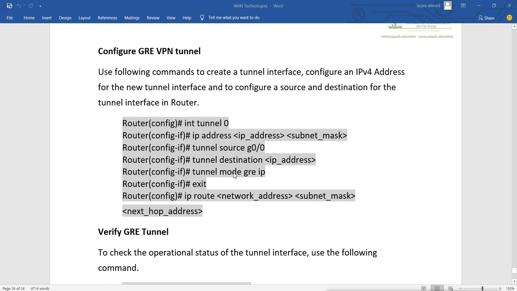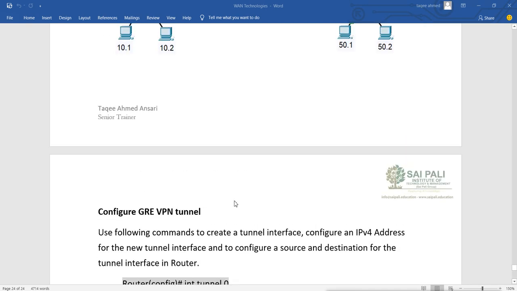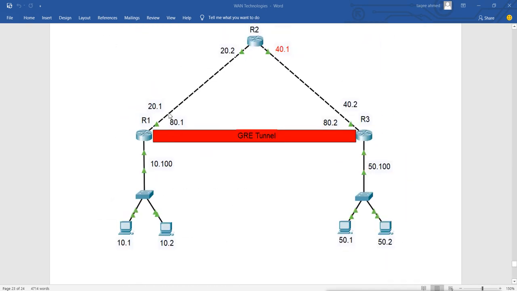Then for tunnel mode, we will configure GRE IP. Then we will configure the IP route. This is just a static route, assuming this is an internet connection, to connect router 1 to router 3.